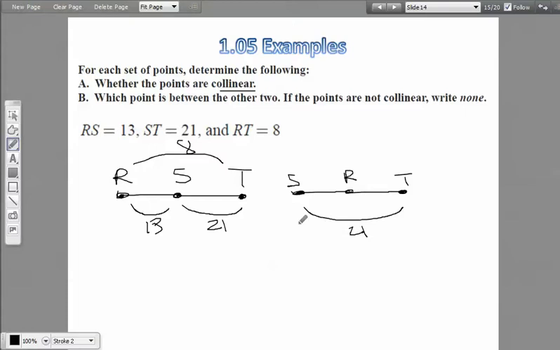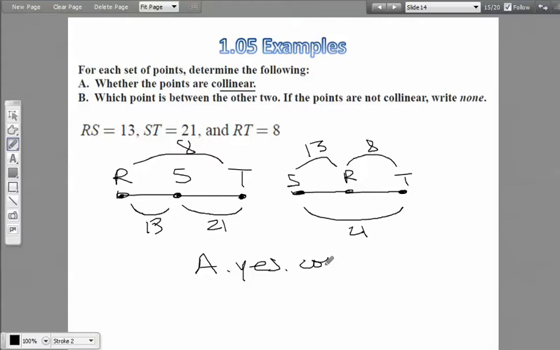Does everybody see where I got that? Because your biggest number is going to be the length of the line segment. Okay, and then 13 and 8 is 21, so I could say from R to S is 13, and from R to T is 8, and so A, yes,